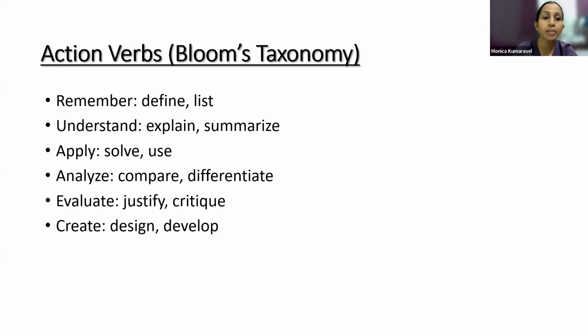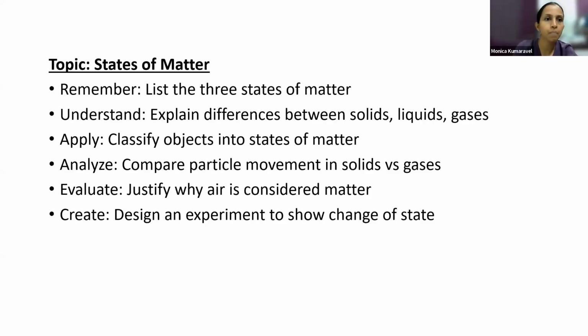It says you design something. When children design something out of their own knowledge, for example, using waste, they design a good product out of the waste or make waste a useful thing. So all these are design. They use their knowledge in designing a project, developing some project or making a poster. All these are what? Creating. So these are the levels of Bloom's taxonomy we have studied.